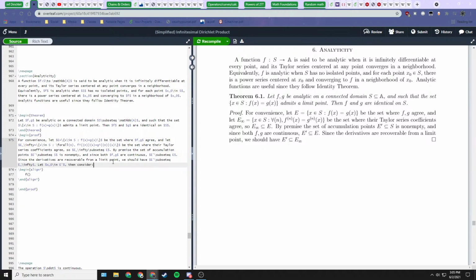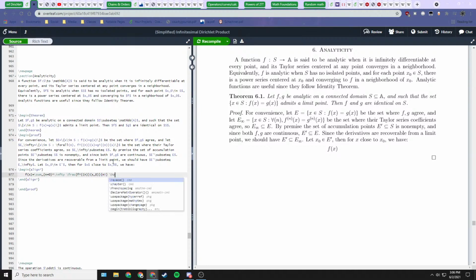then consider we have f of x. Actually, we're going to say for x close to x0, f of x is the sum, n equals 0 to infinity, of the nth derivative of f at x0 over n factorial, and we also have